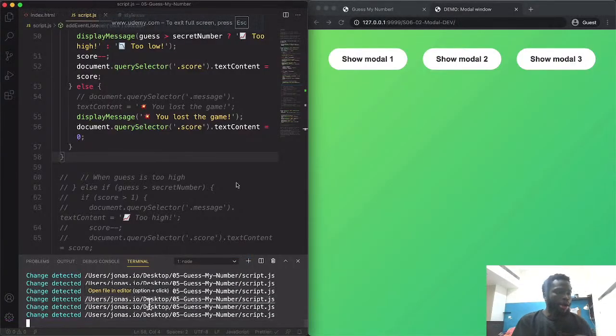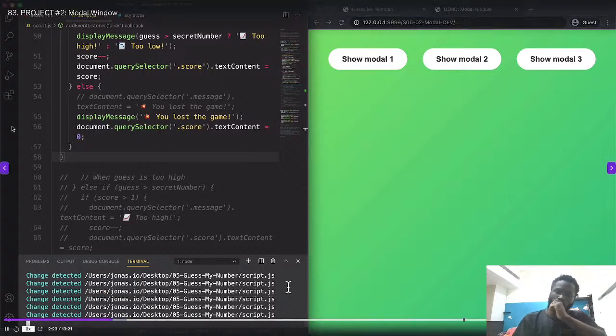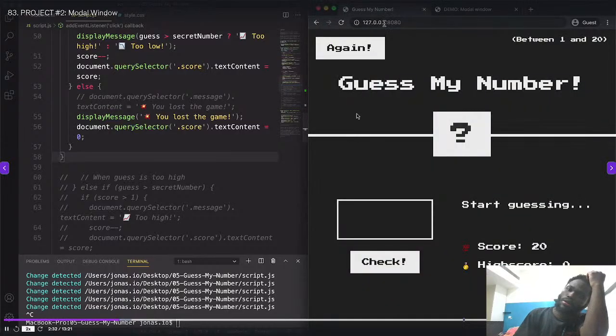To stop this now, we hit Control C, and that's even Control on a Mac. So it's not Command C, it is Control C. I guess on Windows it's going to be the same, but if it's not, you can just click this trash can here, and that will also kill the terminal. As I hit Control C, the process has finished, and so the live server is no longer running. So if I come here to this localhost URL plus the current port, the new one,